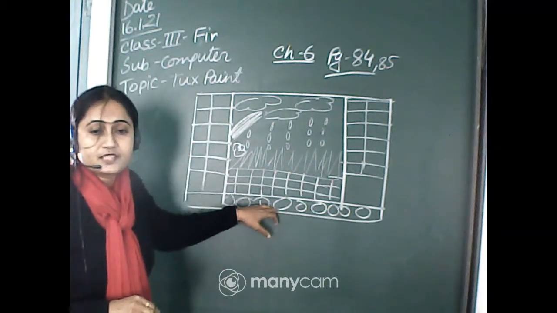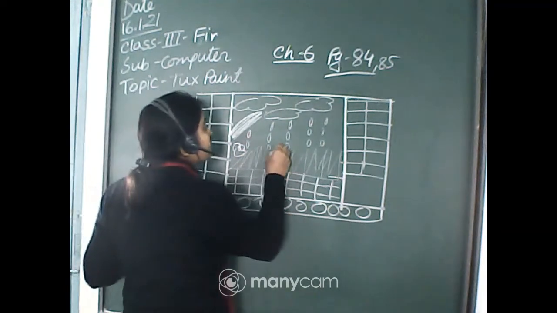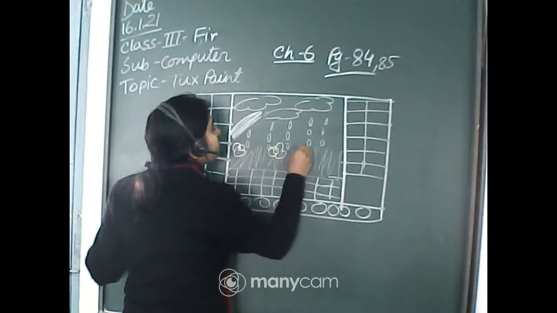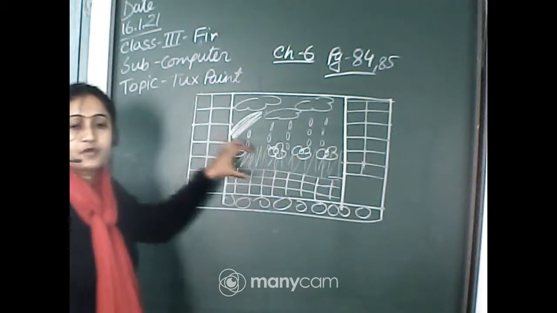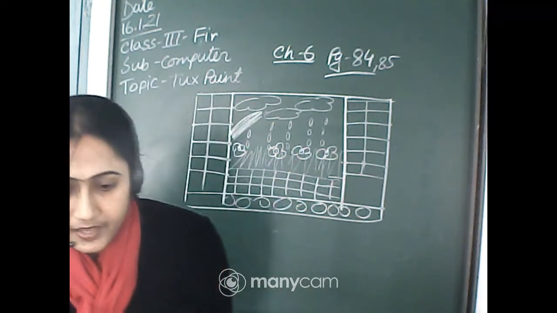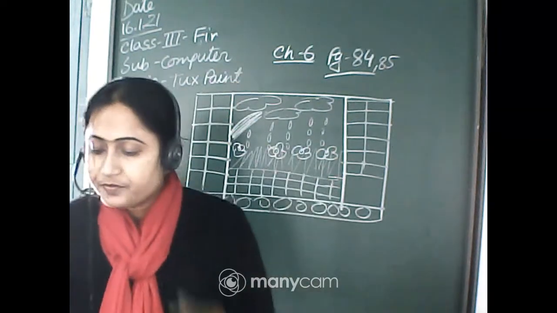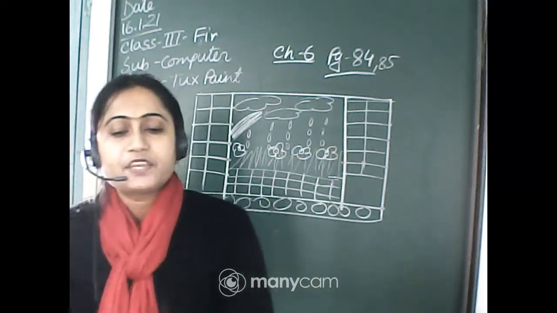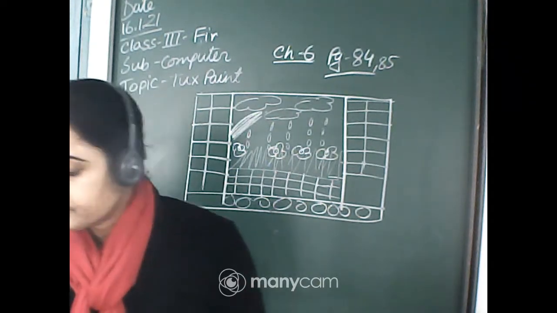Suppose you want to change the color. Again, you can change the color from the color palette. Suppose you want to insert a yellow color flower, you can insert it. Where you want to insert a different color flower, you can insert it using the flower effect and applying the color from the color palette.